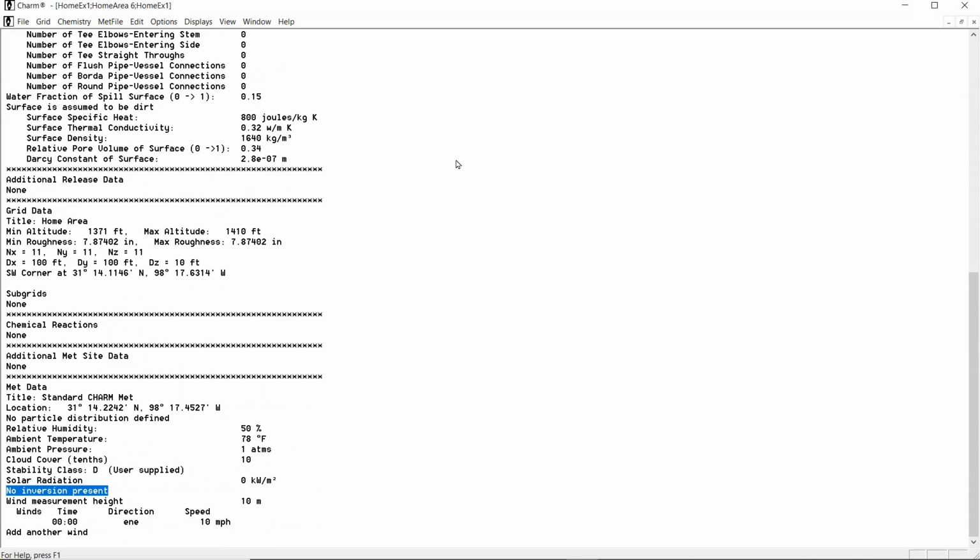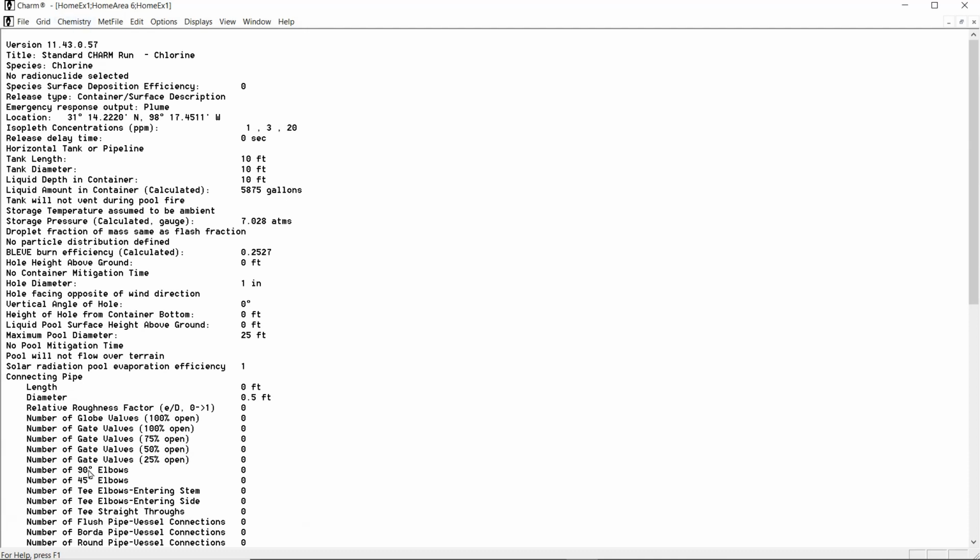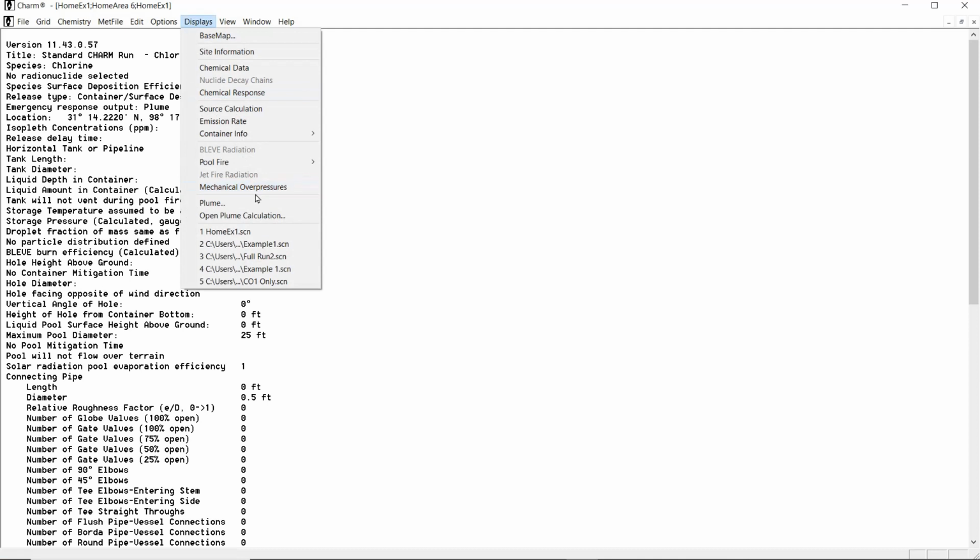It was pretty much the same as the standard CHARM input, except that I changed the wind direction to the east-northeast and the location so that it falls on the grid. So once I've got the inputs in and I've read in the grid, there are 3 files that are needed minimum: the release file itself, the grid, and the met file. So under displays, I'm now going to go Plume,